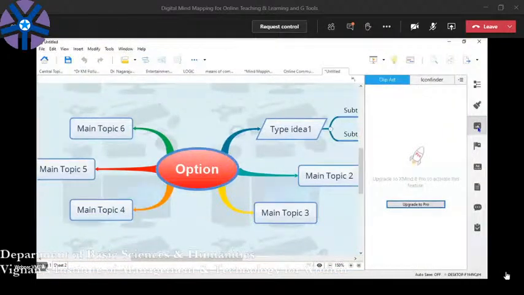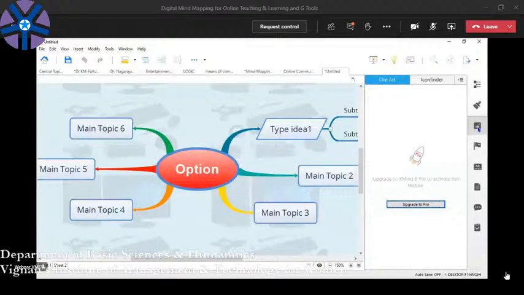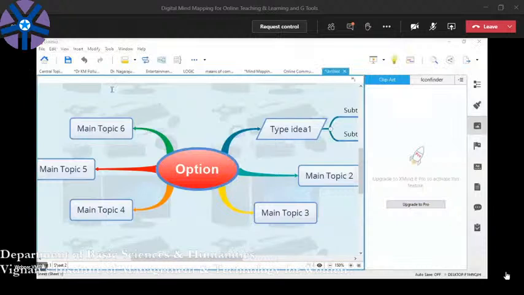So here the images, art clip is not available. So where can you get the clip and icon finder? Yesterday I showed you in Google. The same icons are available there. Instead of searching here, you can search online, the same icons, even more than this, and bring them here. For example, I talk about something like a computer, and I talk about online learning. Let me bring one icon. I will show you an online learning icon